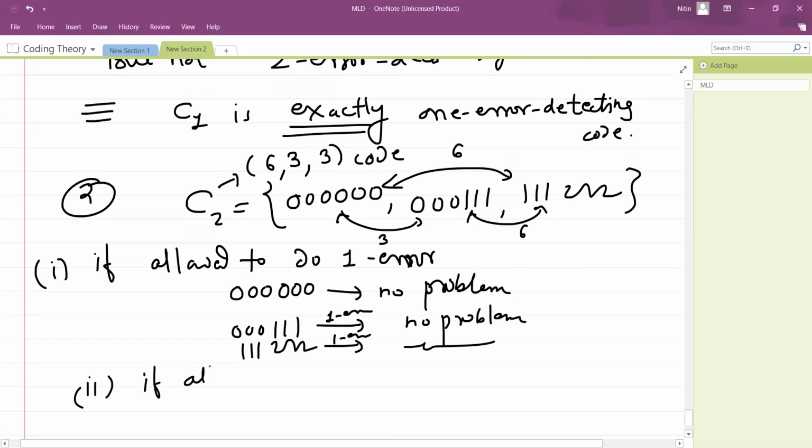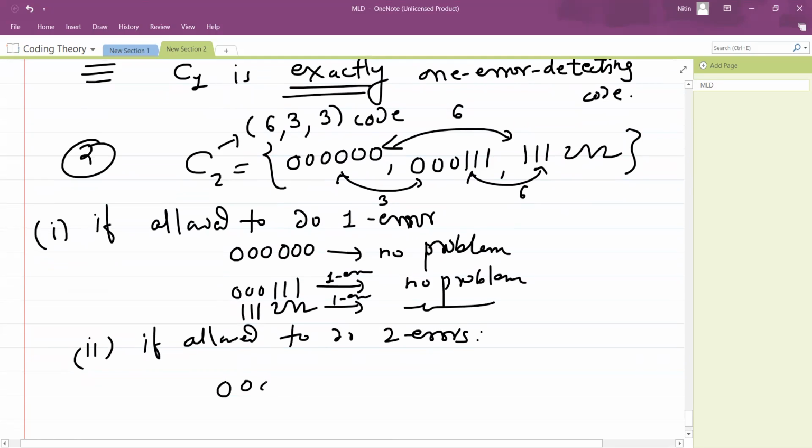So next, if allowed to do two errors, then what with that? So let's see. I will do it like this. 000 000 first thing. So suppose I will do two errors at any position, but I will not concentrate on these first two places. Why? Because see, while doing an error, I should keep it in mind that I should refrain myself